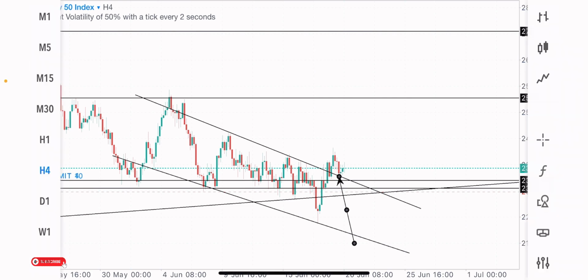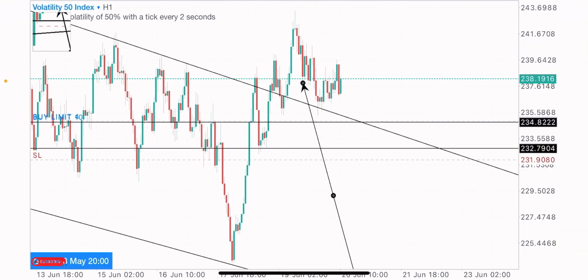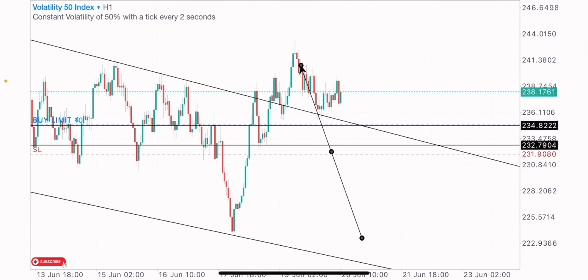That's where I placed my limit order, and I shared this buy setup on my public Telegram channel and to my VIP members. So once price gets to my buy zone, I will be sharing the buy signal. I'll be giving the buy signal on this index. So let's see what happens. It's been playing around for hours now.